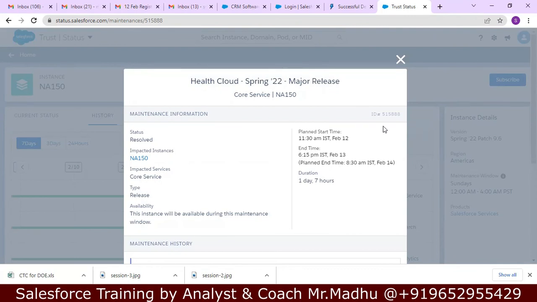Automatic upgradation, we have discussed. When you are using Salesforce Cloud Service, automatic upgradation is done by Salesforce. You don't need to intervene to upgrade your systems. Automatically it will be done. This maintenance was there for 1 day, 7 hours. That's why this is not available.